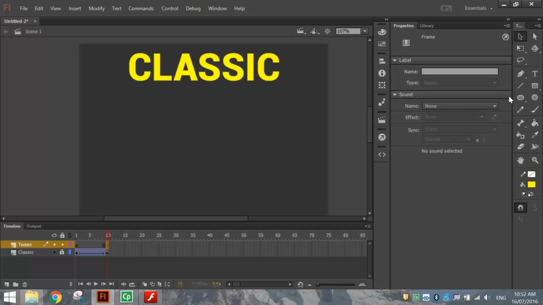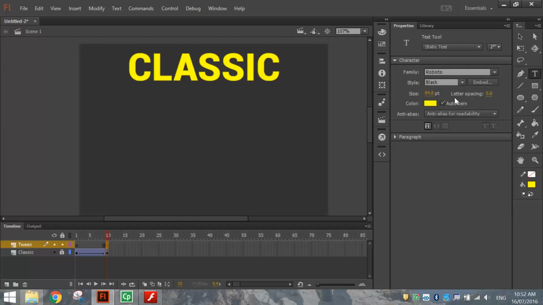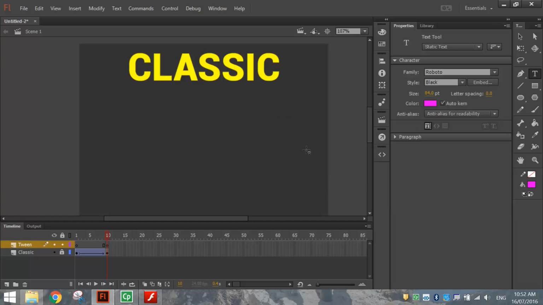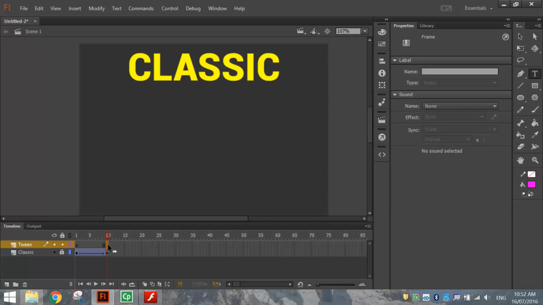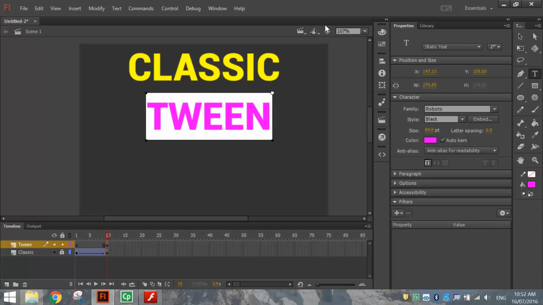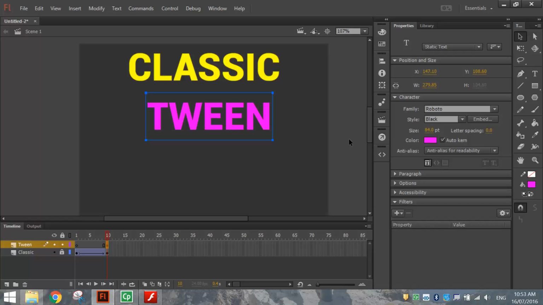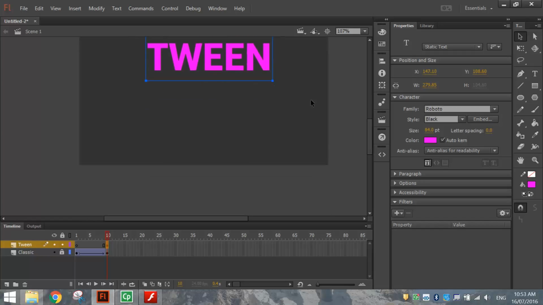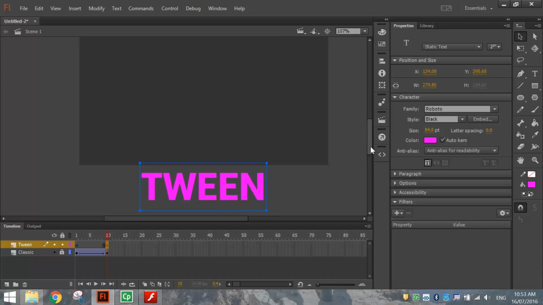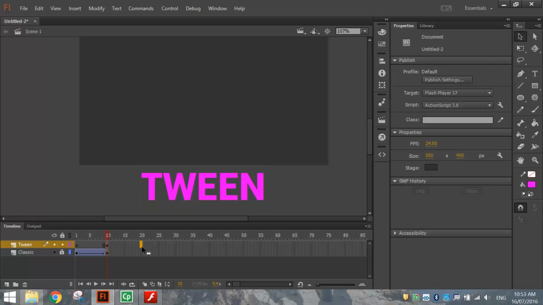So I'm going to grab the text tool from my toolbox, leave the font family, style and size the same. I'm just going to change the color. I choose a bright pink this time. So on frame number 10, make sure you've clicked on number 10, click on your stage and write the word tween. This is the starting point for our next animation. So what I want the word tween to do is fly in from the bottom of the stage. So I'm just going to move that down the bottom so it's off my stage. That's the starting point. I'm going to go across my timeline to frame number 20 and I'm going to press